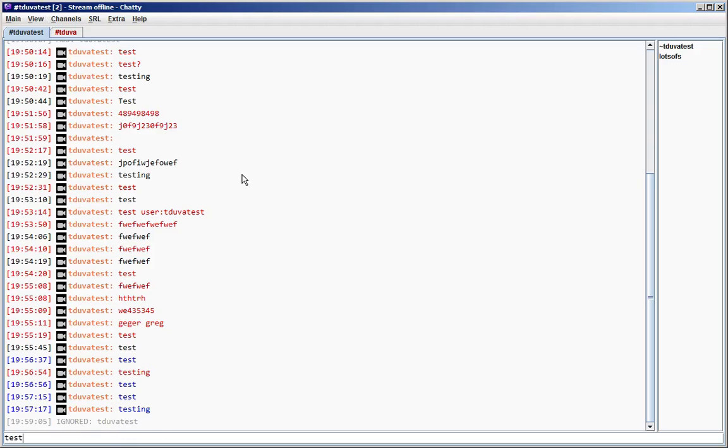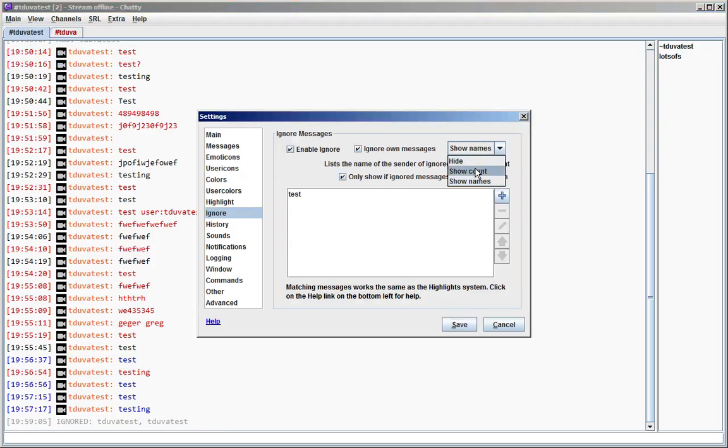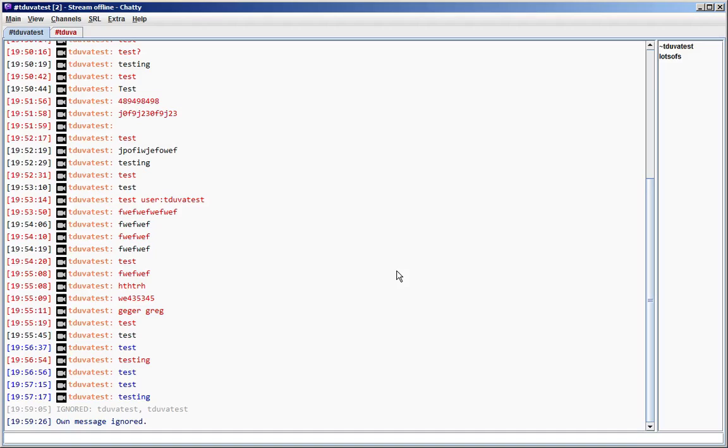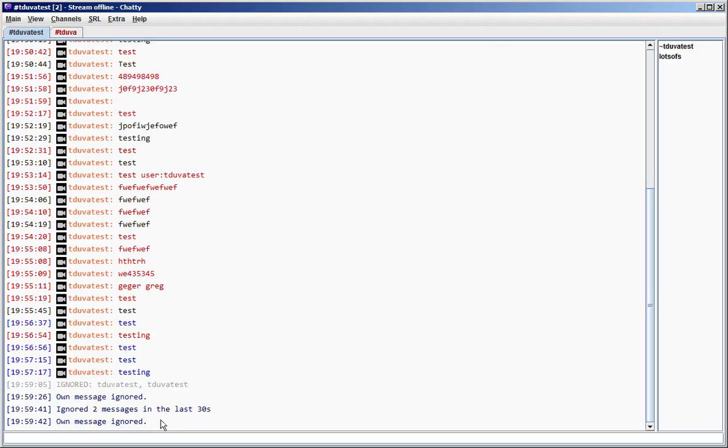And if I type another one that contains test, it adds it behind here. So pretty compact, but still it adds a name for each ignored message. And if I show the count, yeah, it also shows this, just to tell you that your own message was actually ignored and it isn't some kind of bug or anything. And it should also show up with how many messages were ignored, like this. So in the last 30 seconds, 2 messages were ignored, and it should show up any second now again with 1 message.